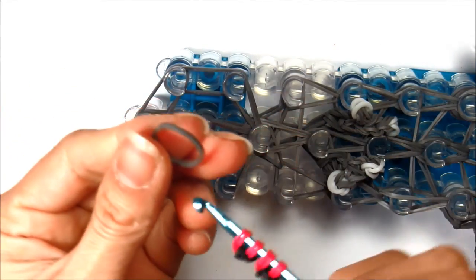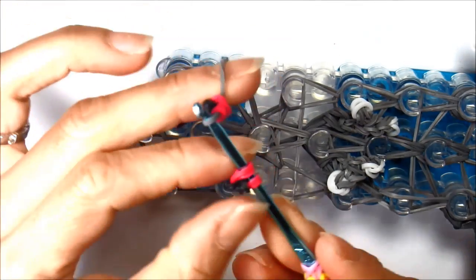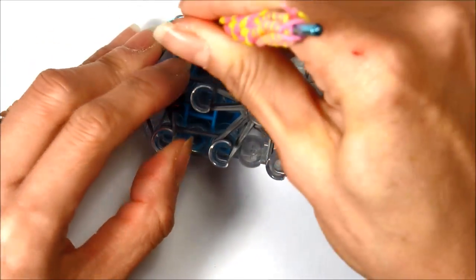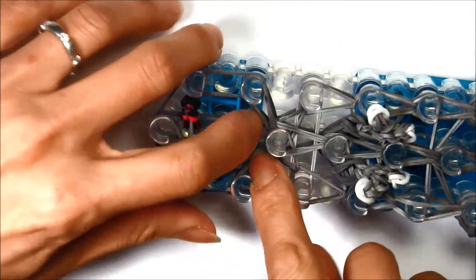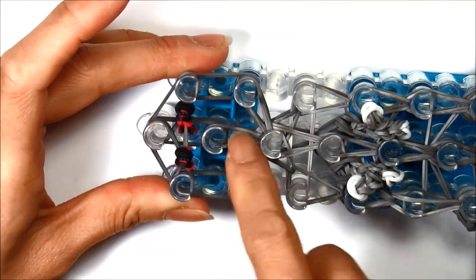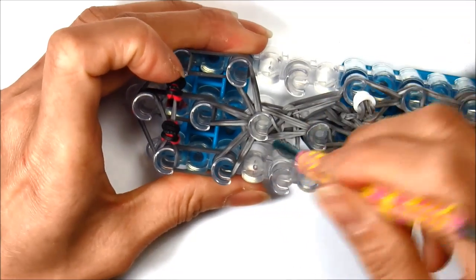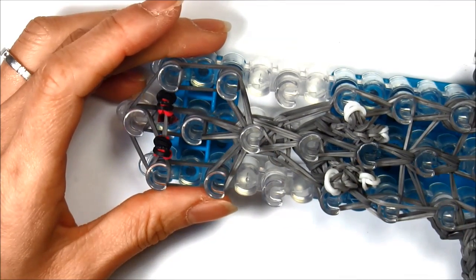It's going on the head, so I'm taking a single gray. I'm getting my eyes right onto the gray rubber band, and I'm attaching it on the 1st peg to the 1st peg. Split out my eyes, push down the rubber bands on the 2nd pegs on each row. We can take off the neck peg right there, the 3rd pegs, push it down, and we are going to attach the